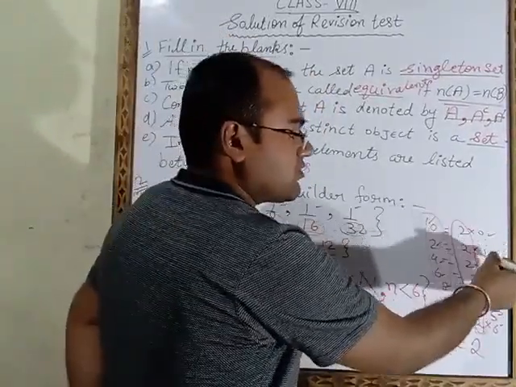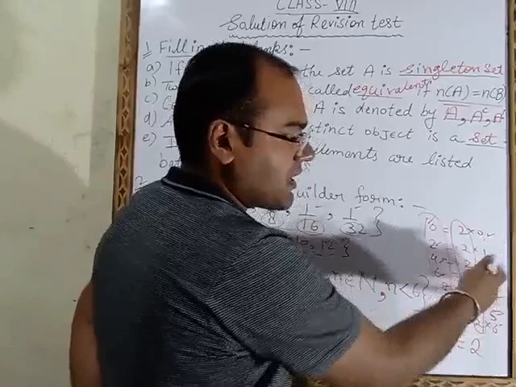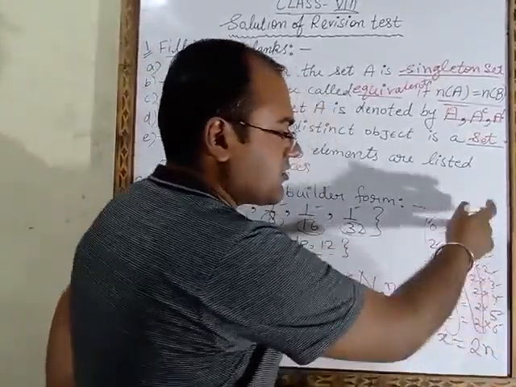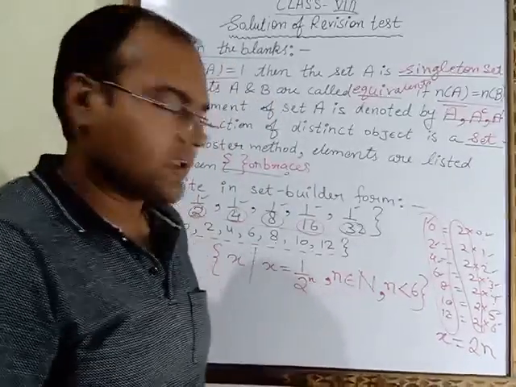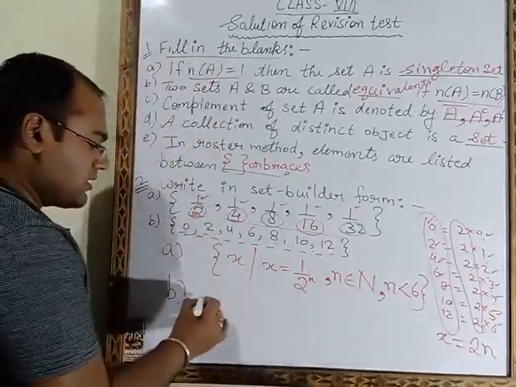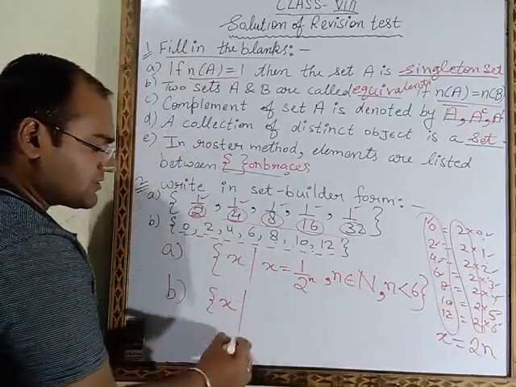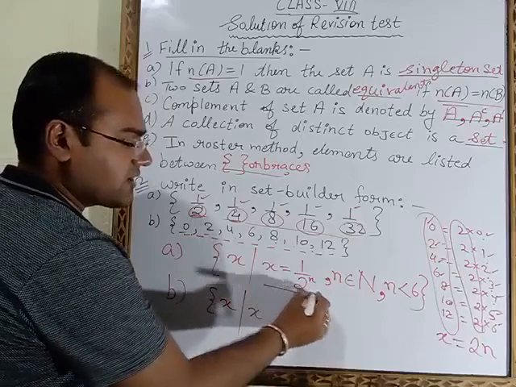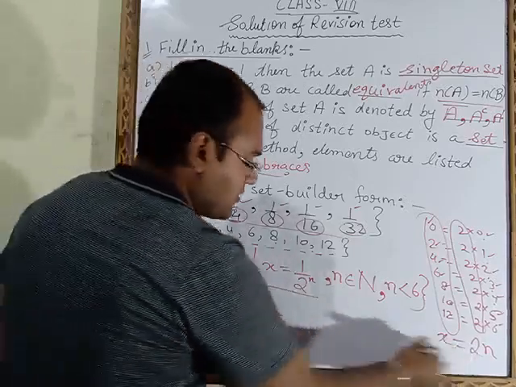Now after that 0 1 2 3 4 5 6, these numbers are getting changed. So we will put one more alphabet here. Let's say these all values are of small n. So we had made one formula here for these even numbers. What formula we had made? The format is x such that, now we will write the formula as we had written here. x is equal to 2n.